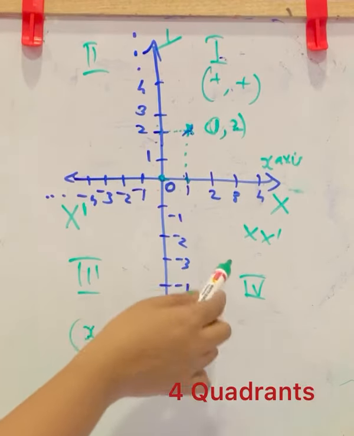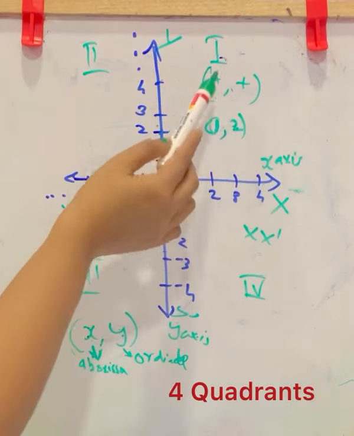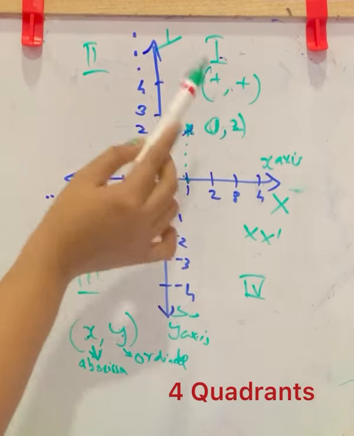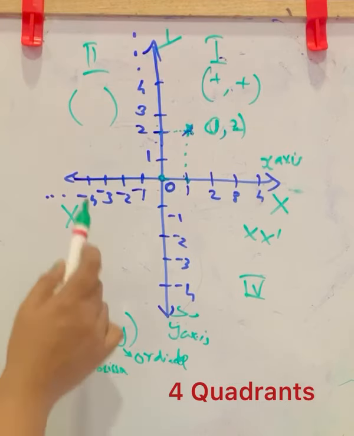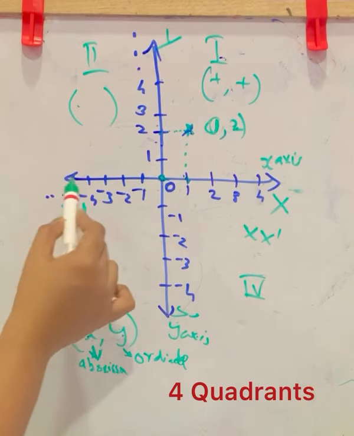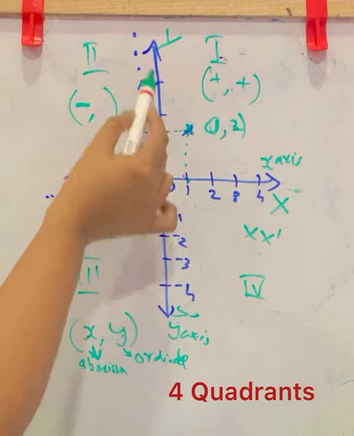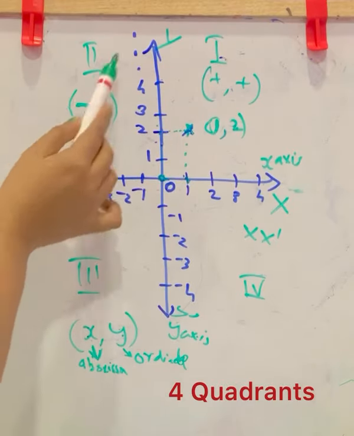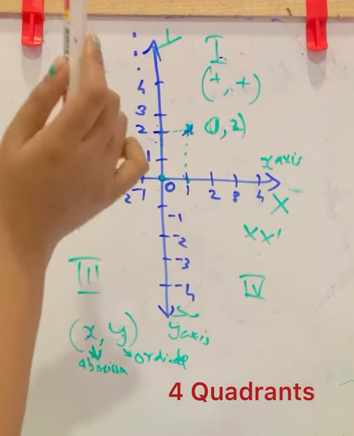Now these are the four quadrants. Here we have abscissa and ordinate both positive, that is x coordinate and y coordinate both positive. What about here? Always say the x coordinate first. That is, its general form is x comma y. So you have to say x first. Here the x coordinate or abscissa is negative. So this is negative, but y is positive here. So in this quadrant, that is the second quadrant, we have x negative, y positive.